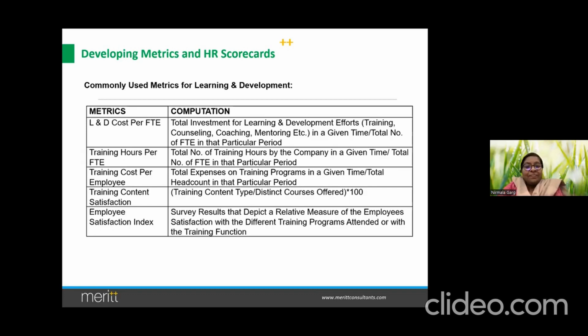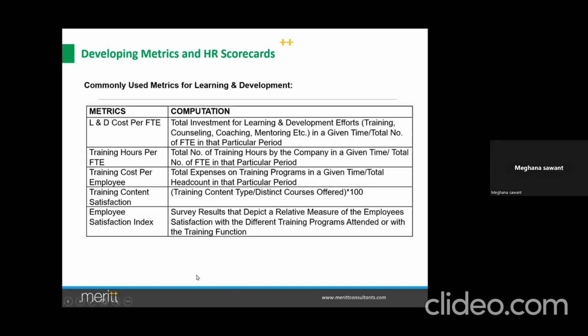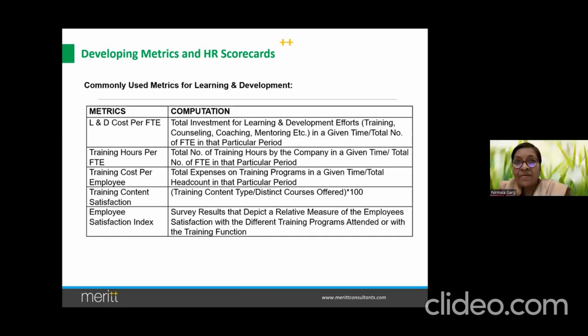Ma'am, just to add on to this, what we have been doing is, prior to the functional trainings, or whatever training is critical to the function, we take the end objectives from the leaders as to what they are expecting if their batch is getting trained on a particular topic. We go back to them after 3 months, and again after 6 months, to see where they are seeing improvement in application and whether there has been a shift in goals achieved.